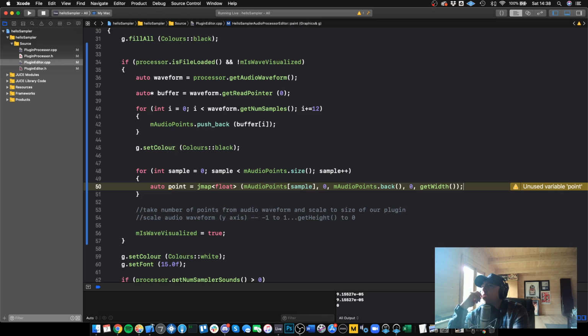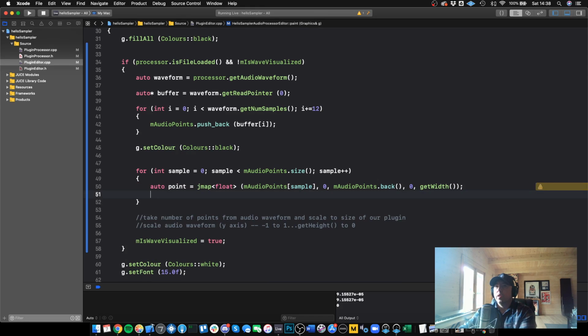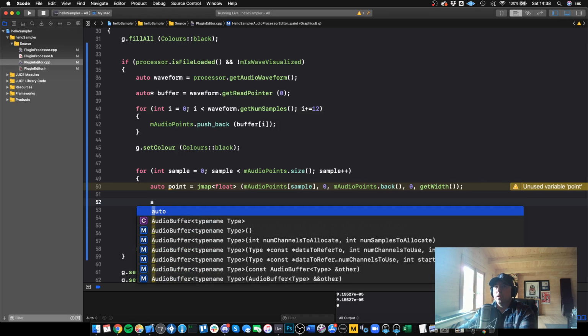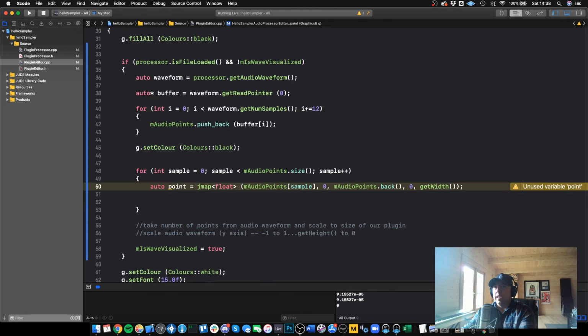And then we need to do the same thing for the y-axis, don't we? Because we need to scale it on the x and on the y-axis. Point y equals